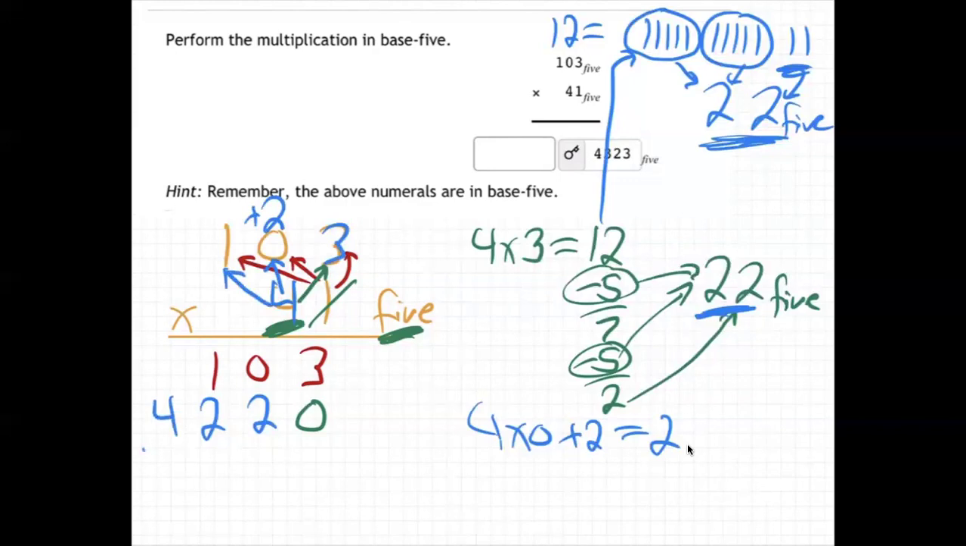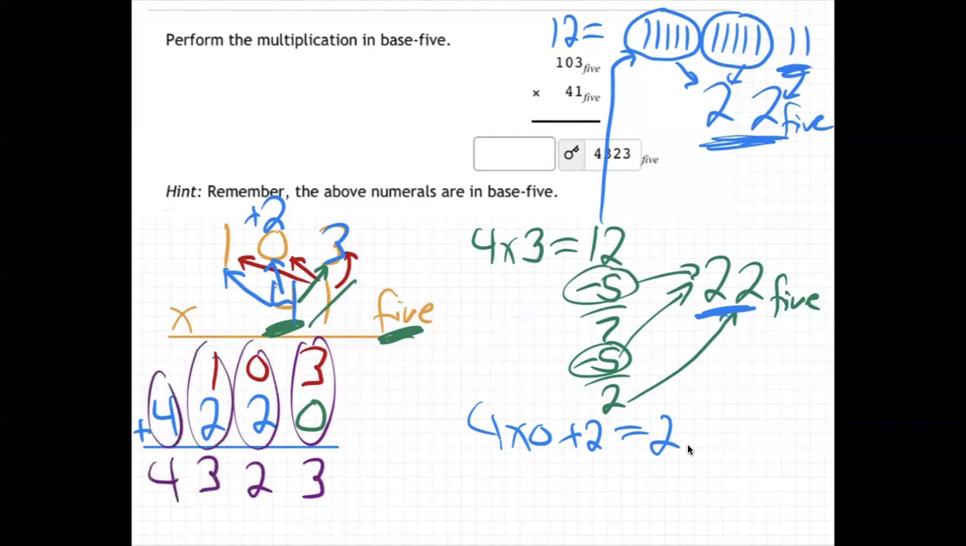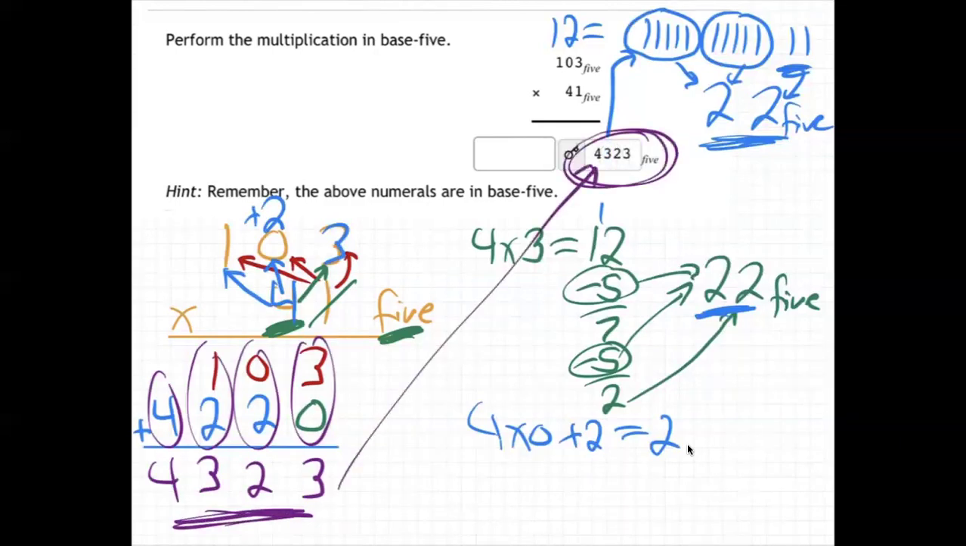Okay, and now we're going to add these up. So 3 and 0 is 3, 0 and 2 is 2, 2 and 1 is 3, and 4 is 4. So there's our answer, 4323, which is exactly the answer they had right there, 4323. So the trickiest part was when we multiplied 4 times 3 and got 12, but then had to convert